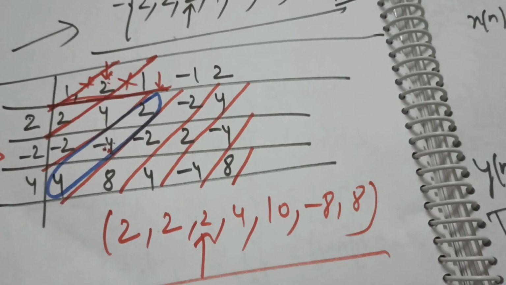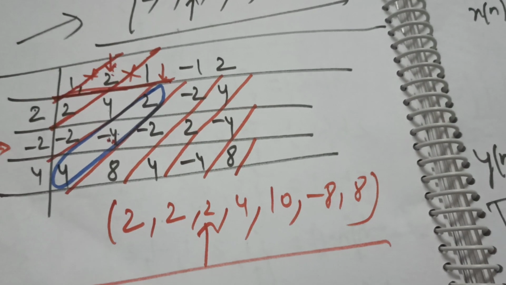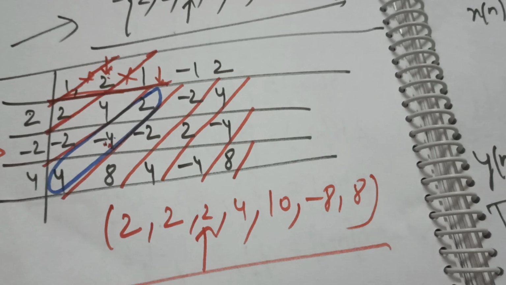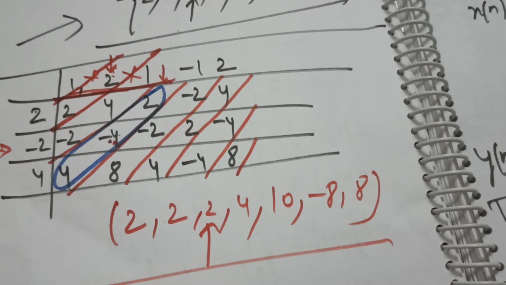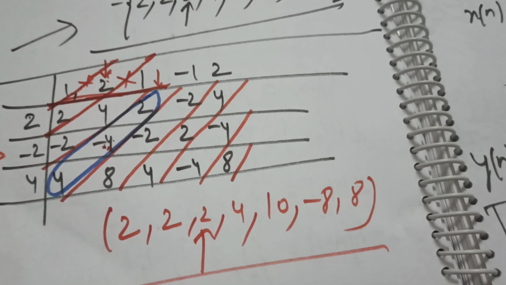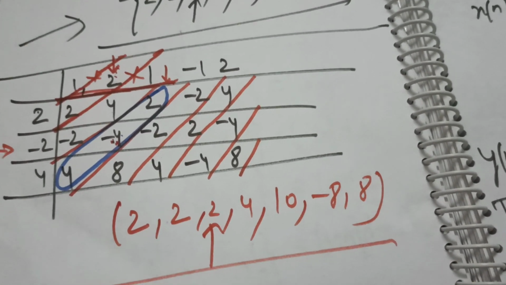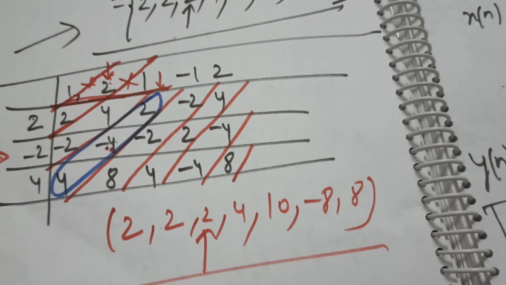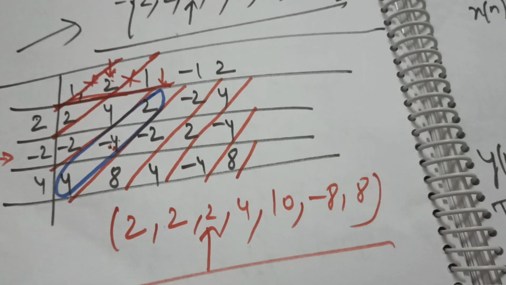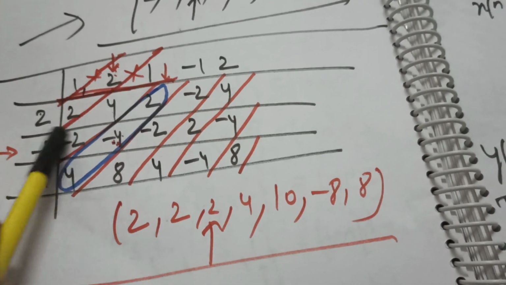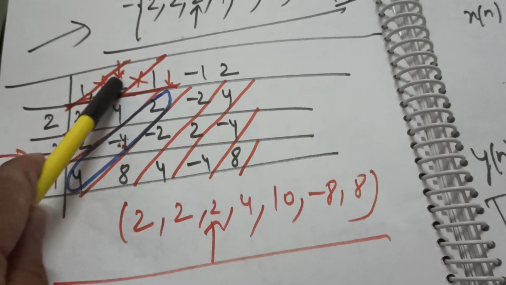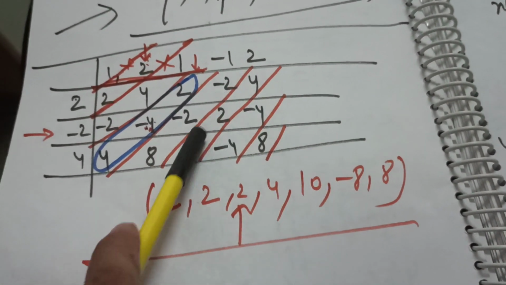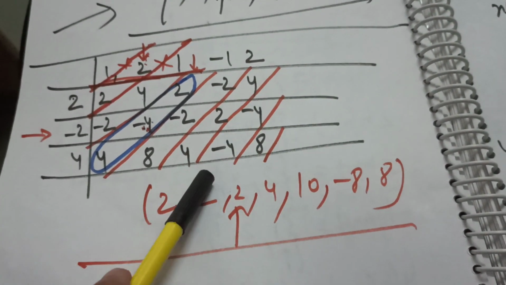It is of utmost importance for all of us, and it can be very easily obtained. We have to simply create houses, or I can say we have to simply look at the intersection point of each of the houses. For example, this is the first house, second house, third house, fourth house, fifth house, sixth house, seventh house.